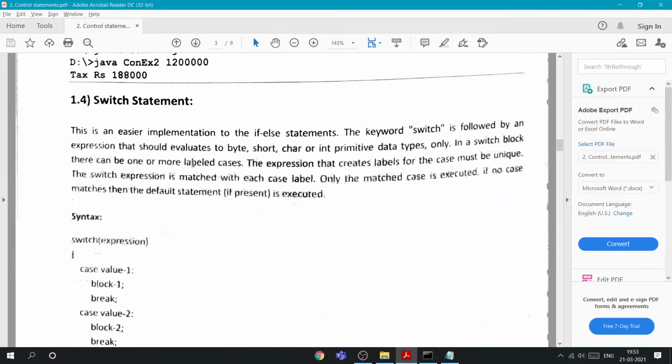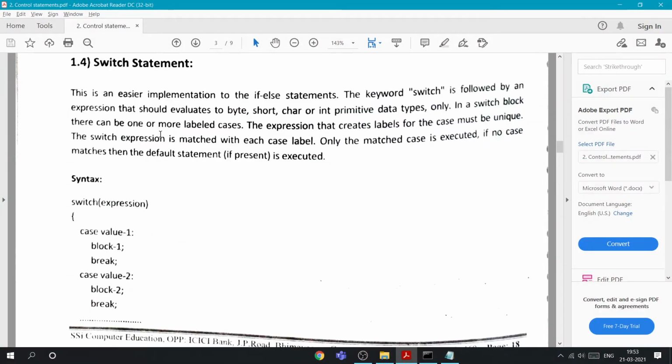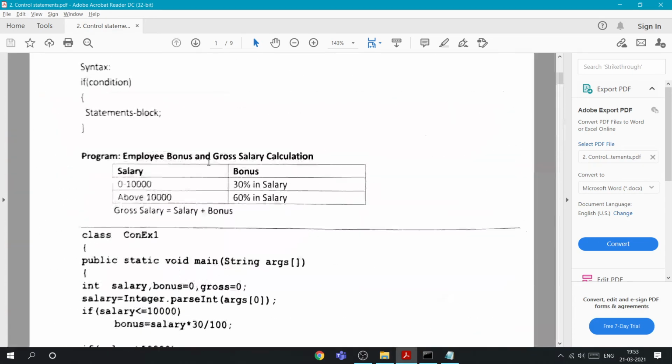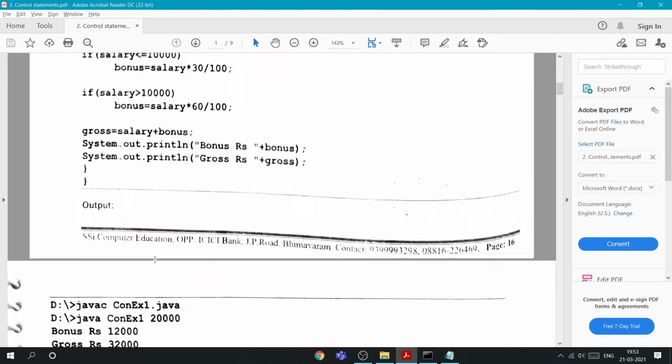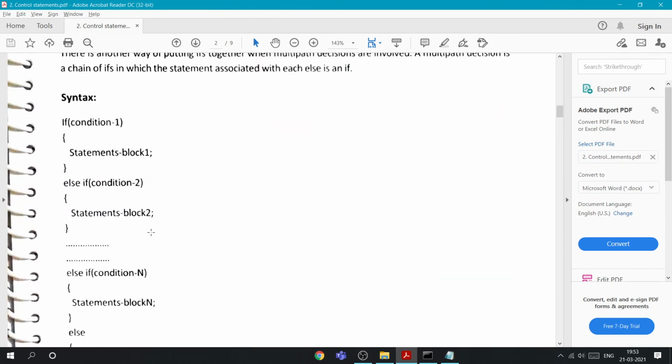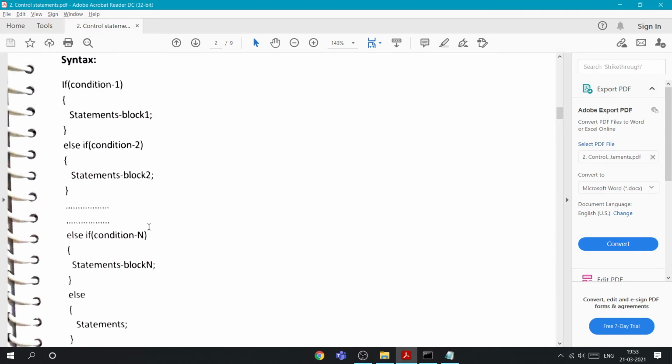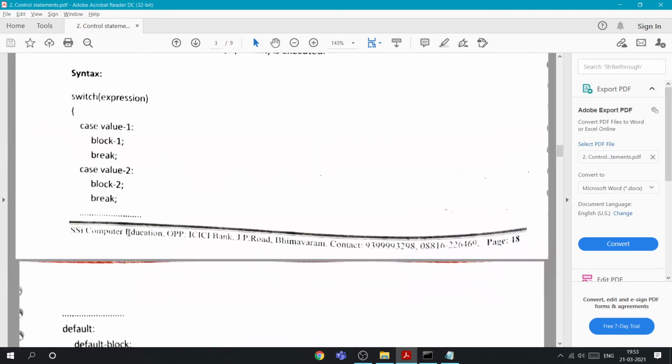Now the switch statement. It is very similar to C. We will also see branching or jumping statements, and one of the jumping statements is break, which we use in switch statements.